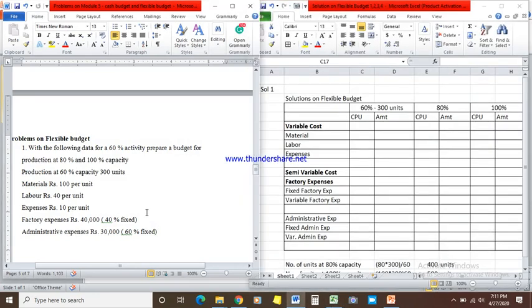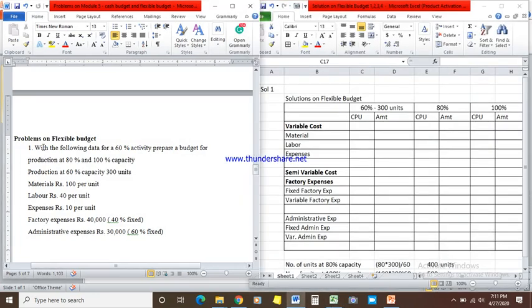Okay, so on my left hand side we have problems on flexible budgets. So we are going to solve 4 problems on flexible budget. Whenever you are solving problems on flexible budget, we need to understand how the costs are going to be categorized. Normally in case of flexible budget, there are 3 things. One is fixed overheads, the variable overhead and semi-variable overhead, or in other words fixed cost, variable cost